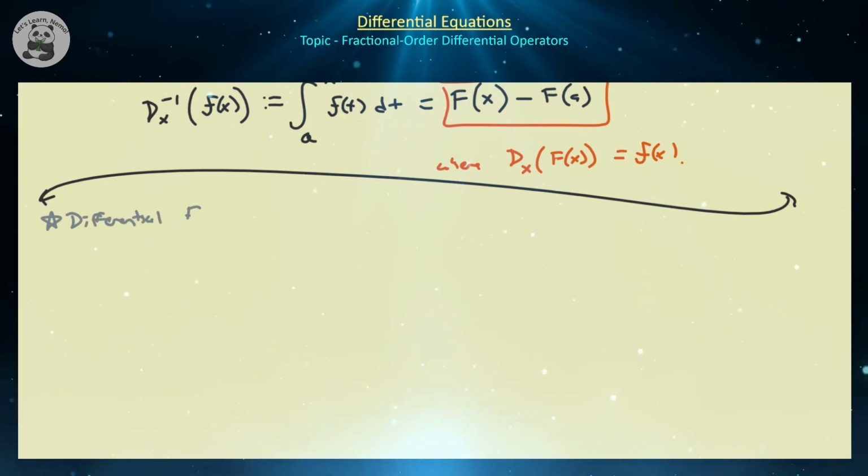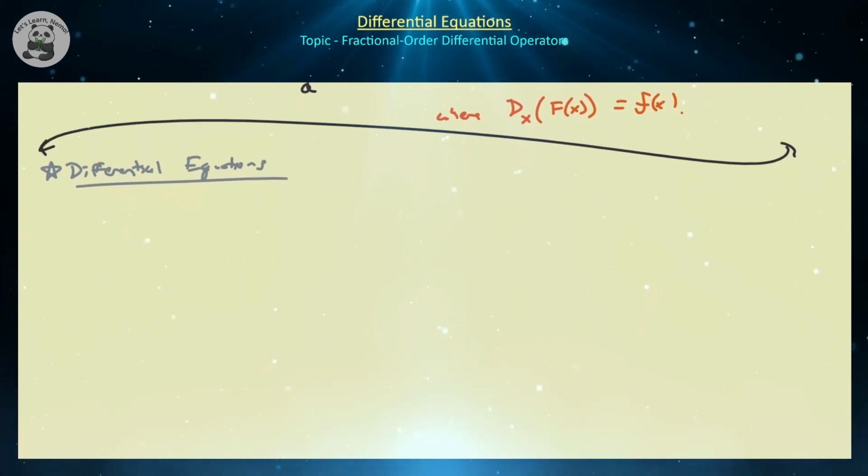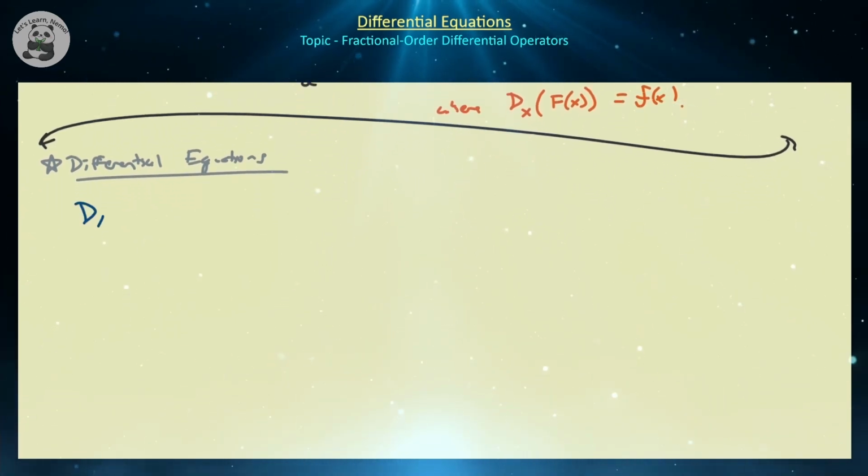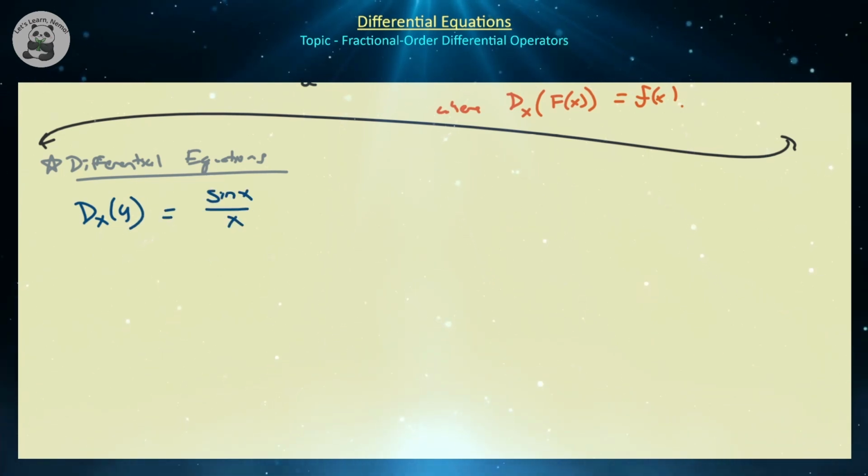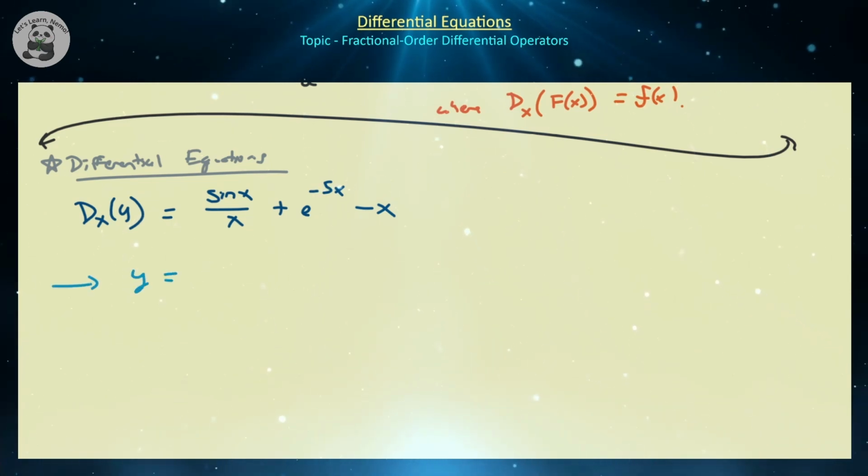So differential equations. What is a differential equation? We state that the derivative of some unknown function y is equal to some function, hopefully smooth enough, say sine x over x plus e to the minus 5x minus x. And we're like, okay, well, what is y equal to? So y, at least from the general perspective of classical differential equations, we would just take the antiderivative or find